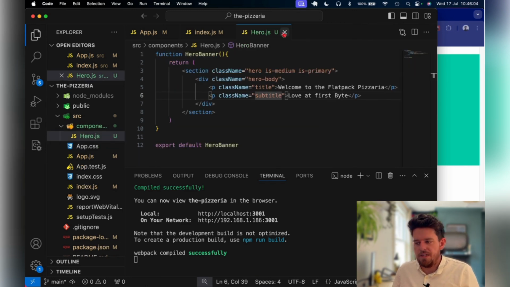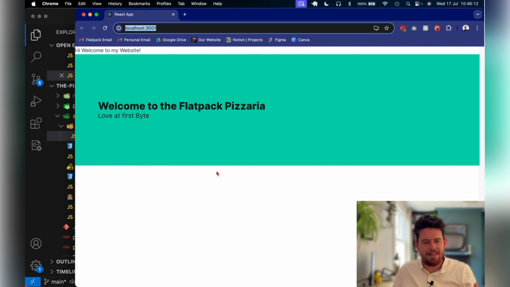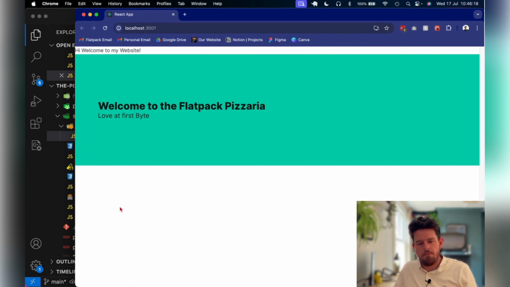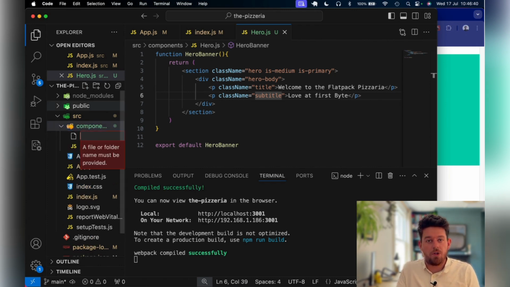So the best way to approach this is to probably treat those two separate things, the hero as one component and this pizza index, a bit like the index in a book. It's probably worth treating those as two separate components, just in case we want to use them in different places in our app. So inside our components folder here, I'm going to make a new file, and we'll call this pizza